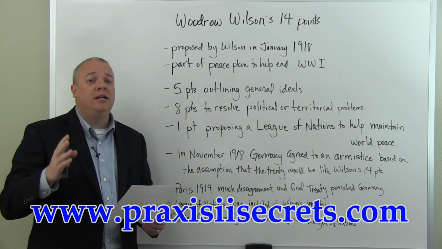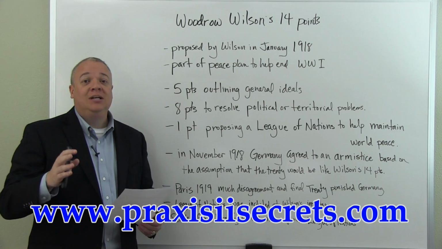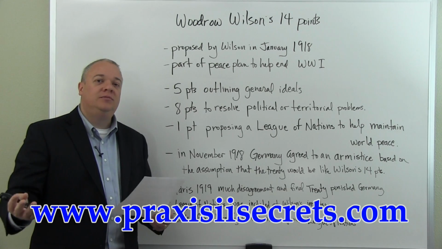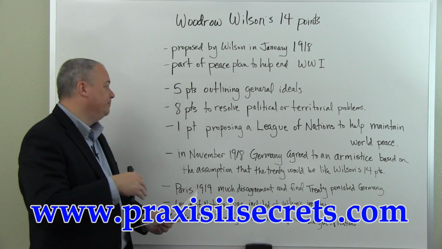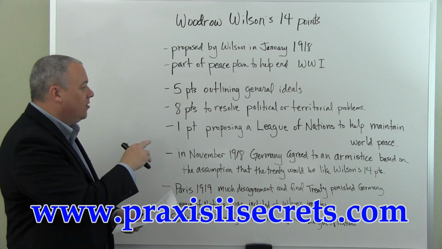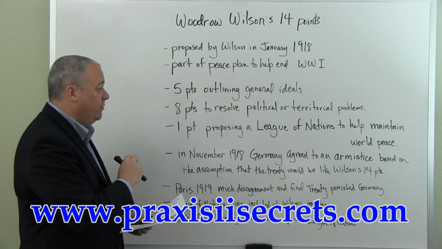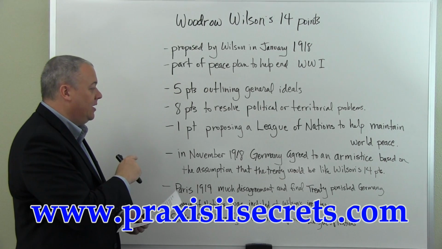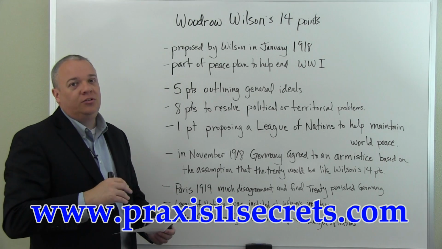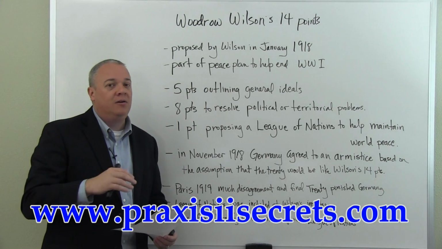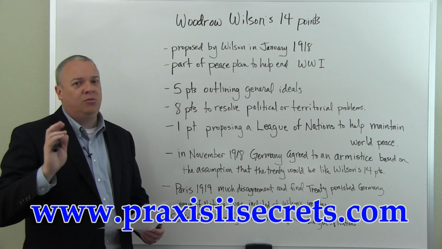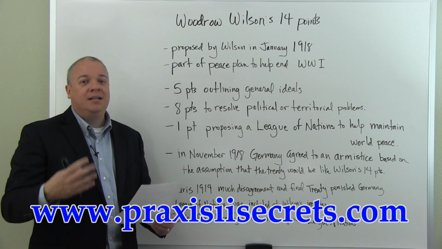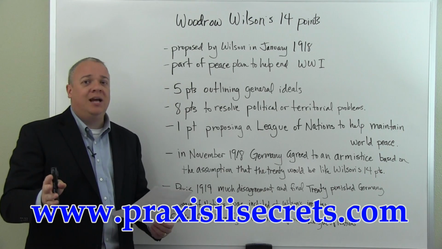They absolutely wanted Germany to pay a big price, economically and otherwise, territorially, because of their perception of Germany inciting and starting this war. So basically, Germany agreed based on the assumption that the treaty would be like Wilson's 14 points. In Paris in 1919, there was a lot of disagreement, and the final treaty that was pushed through actually punished Germany and the Central Powers horrendously, economically and otherwise, crippling punishments. So even though Germany had never surrendered, they were being treated as if they had surrendered. Now, I'm not taking sides in this.